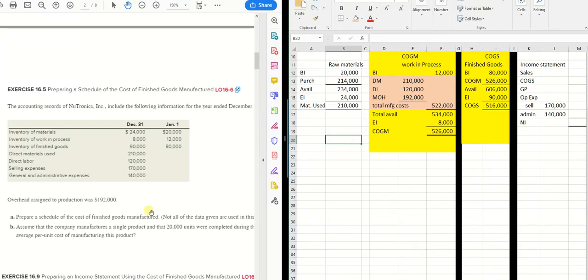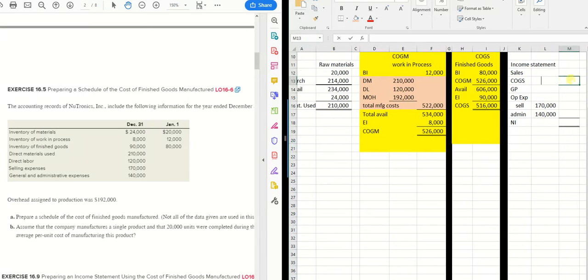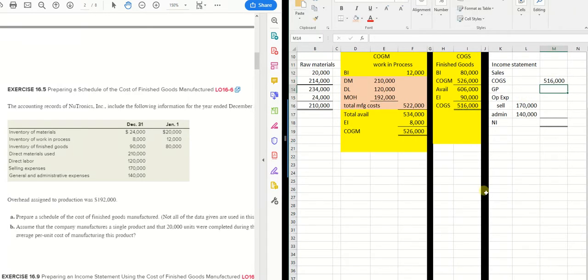It says operating expenses. So my cost of goods sold comes over there. Notice that it doesn't ask for an income statement, and I really couldn't prepare an income statement. All I know right now is that I have 310,000 of operating expenses. The only number I'm missing is sales. So if they had given me sales of $1 million,